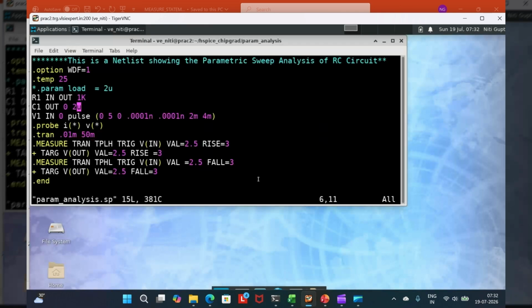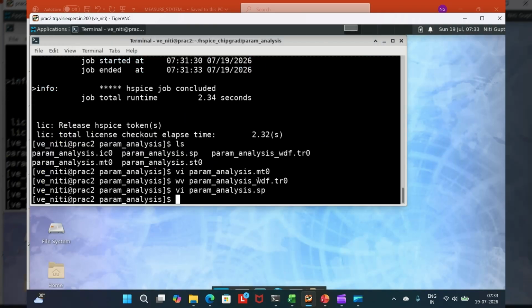Now you want to do the analysis for the 4 micron, so you write down 4 micron here, right? Now you see you're changing the value one by one, and then you have to rerun your simulation again. Also, I want to keep my previous file as well, right?